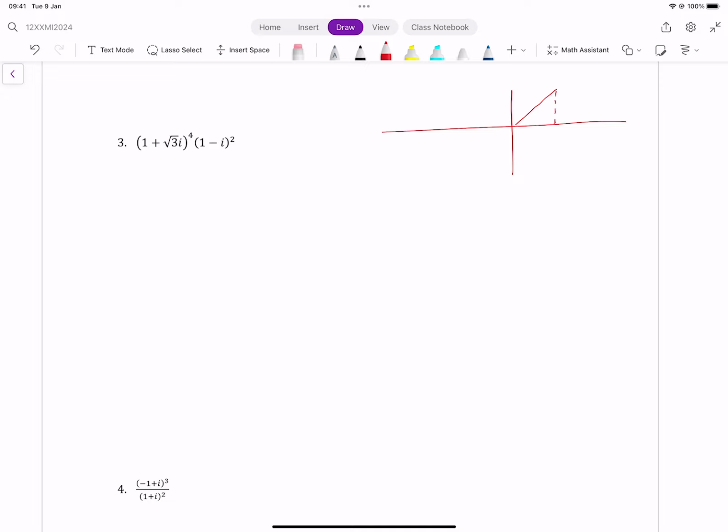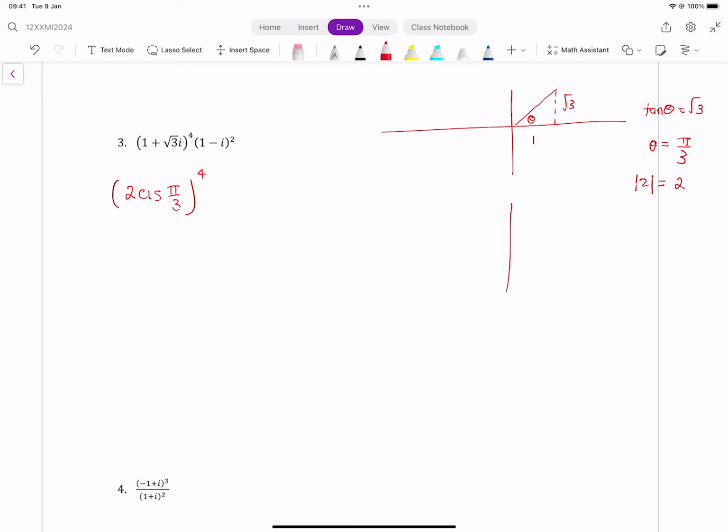So, not quite. That was the other way around. So we've got the real component of 1, the imaginary component of root 3. So tan of theta is root 3 on 1, which I'm pretty sure is pi on 3. Yep, so theta is 60 degrees or pi on 3. And if we call this complex number z, it would have a modulus, again, of 2. So this first complex number is 2 cis pi on 3,